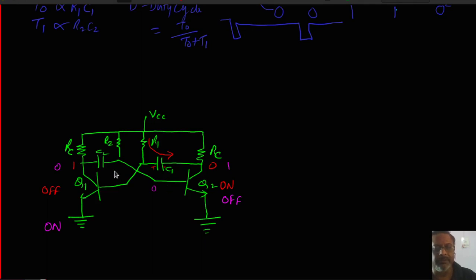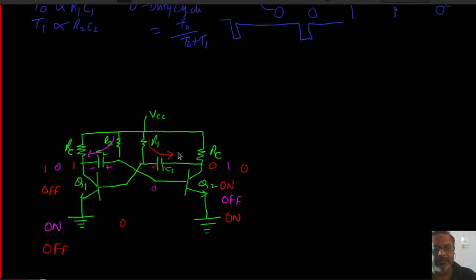How long? Not very long, because now this is low, we have VCC here, then this current starts flowing and this starts getting charged, and after some time this point voltage is increased sufficient to drive this transistor into saturation, and hence after some time this gets back to on and output goes low, and this low makes this low, and hence this becomes off, and this goes high, and the process repeats again and again and again.